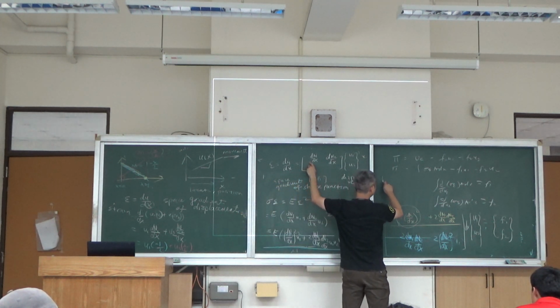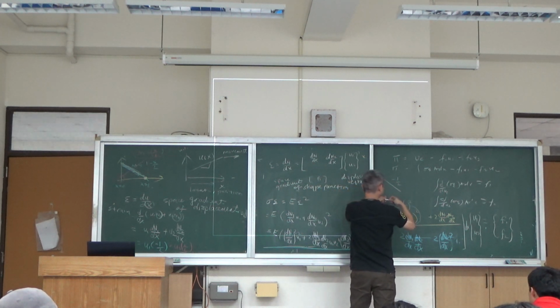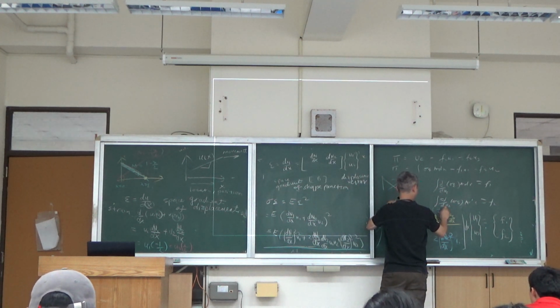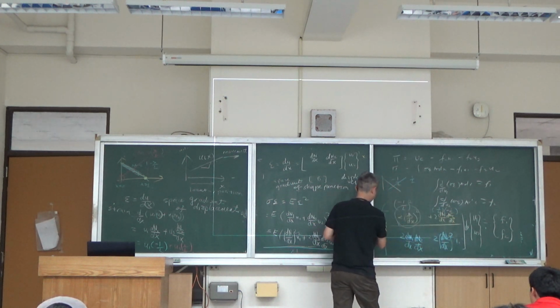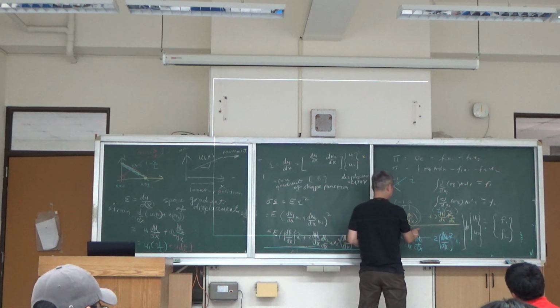If this shape function 1 is minus 1 over L, and what is the shape function 2? 1 over L. And then here, energy form divided by factor 2. So in this way, you'll be able to find